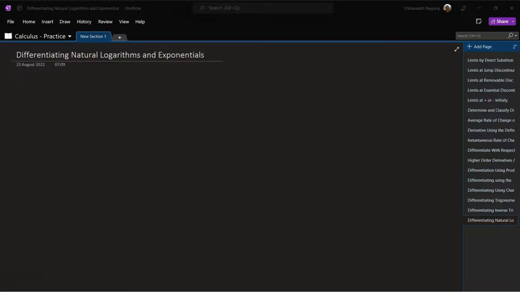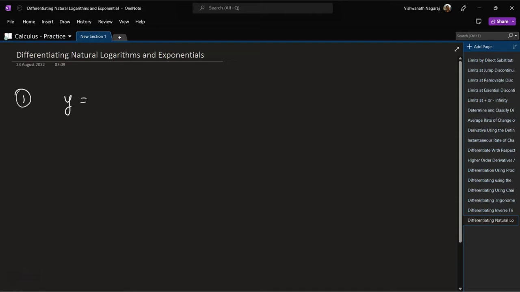Let's look at differentiating natural logarithms and exponentials. Okay, let's look at the first one. y is equal to e to the power of 2x cubed. Now, before we do this, let's look at a much simpler form, that is y is equal to e to